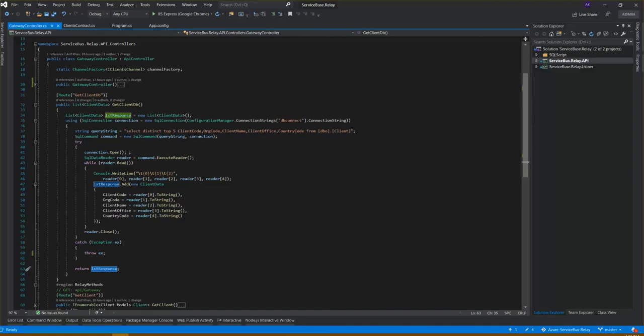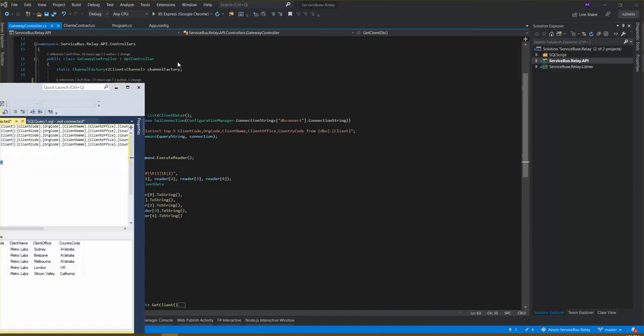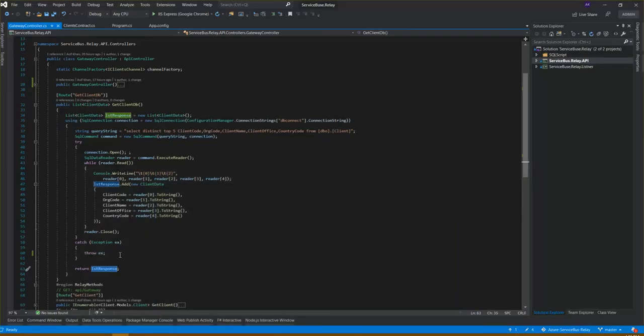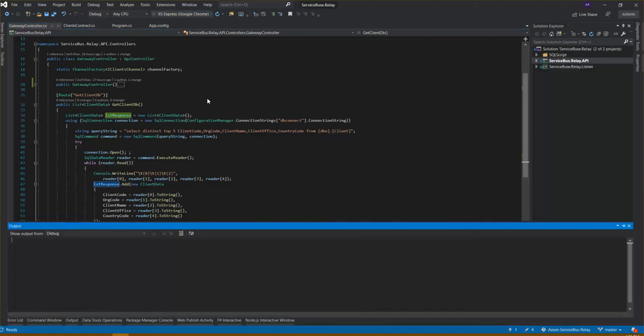So this is in a nutshell what's happening, and I'll just show you the database as well. So this is the database. I have made some mock entries into the database. I have a table dbo.client, and I have 5 records in that. So ideally, if the connectivity and everything is fine, it should provide me the data back. So if I just run this,